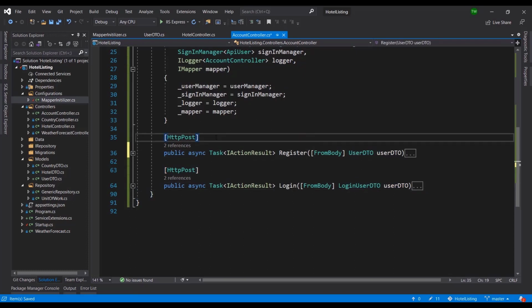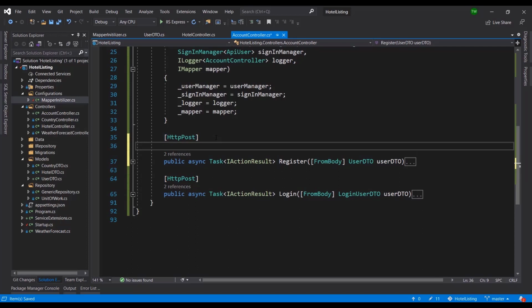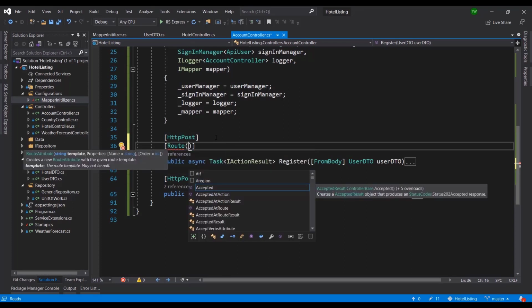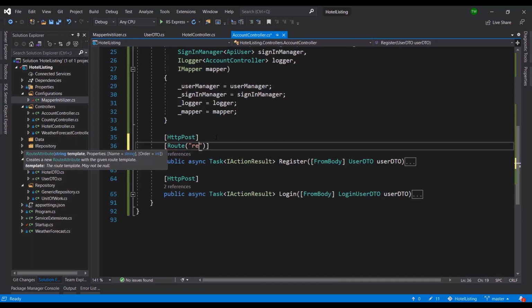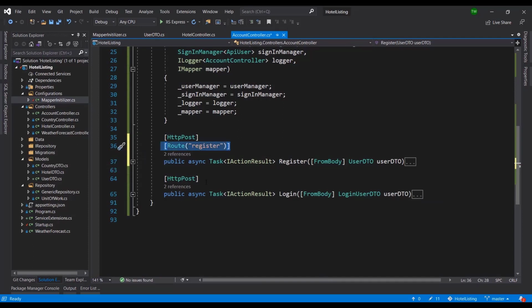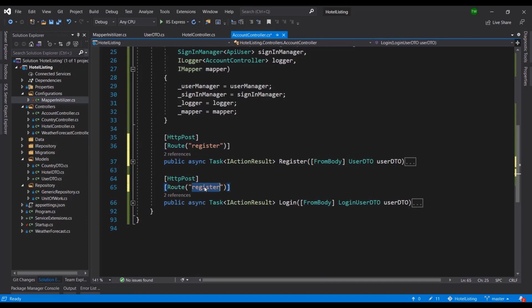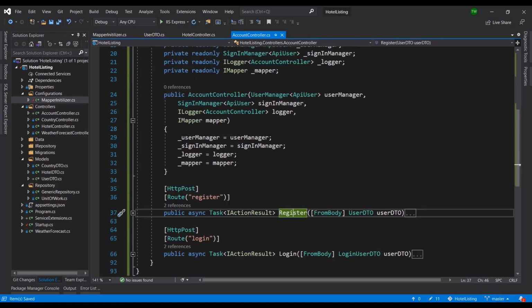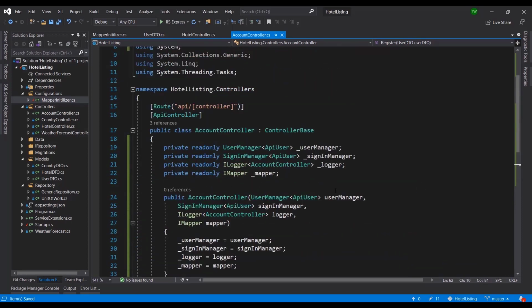The only way I can really differentiate between these two is to give them their own routes, right? So I can say the route for register is register, right? And then the route for login is login. So that way, at this point, the only way to hit register is to say